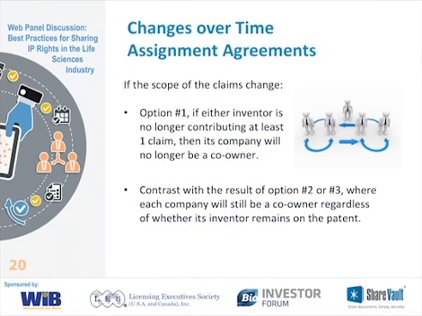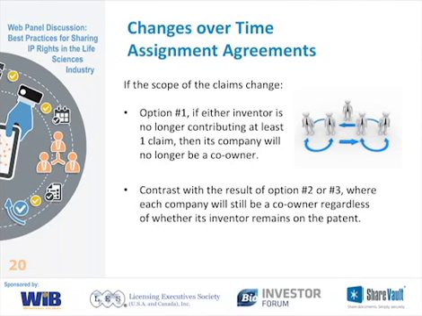If we used option one, and one of the inventors is no longer contributing to a claim, in option one, we had inventor one assigning to their employer, inventor two assigning to her employer. If one of the inventors drops out, so does one of the companies, and no longer is the patent co-owned. Contrast that with the outcome of options two and three. If one of the inventors drops out, we still have this cross-assignment between the companies, and it still will be jointly owned. Now, neither of those outcomes is right or wrong. It just depends on what you had in mind.